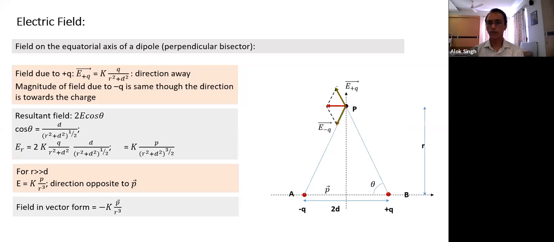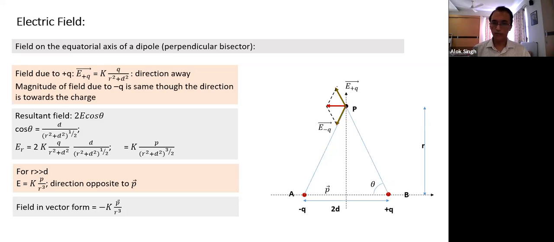I have not written the direction, but let's see: the right-hand direction is I cap, the vertical direction is J cap, and the direction towards us will be K cap. Suppose with this point, the origin, as center and OP as radius, I draw a circle. Which plane will the circle lie on? Which direction have I taken as X here? The right direction is X, the upward direction is Y, and towards us is Z.